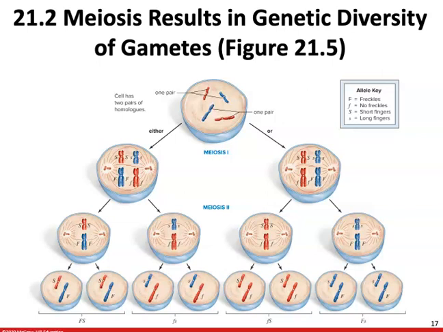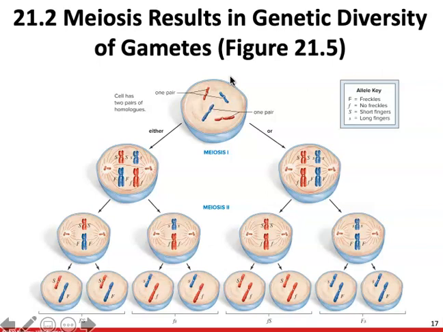The interesting thing about homologs is that they're going to separate independently during meiosis 1. All possible combinations of alleles are going to occur in the gametes. So if we were looking at a particular dihybrid cross, meaning that we have an individual, so in this case